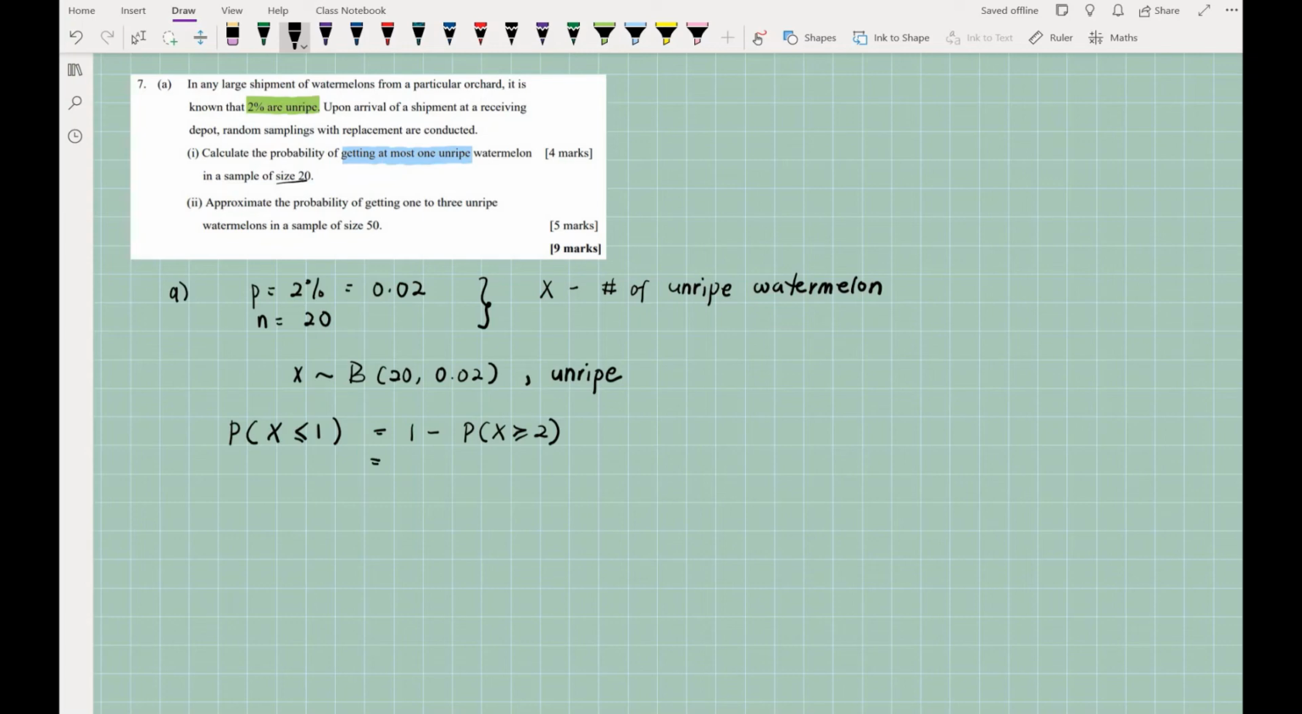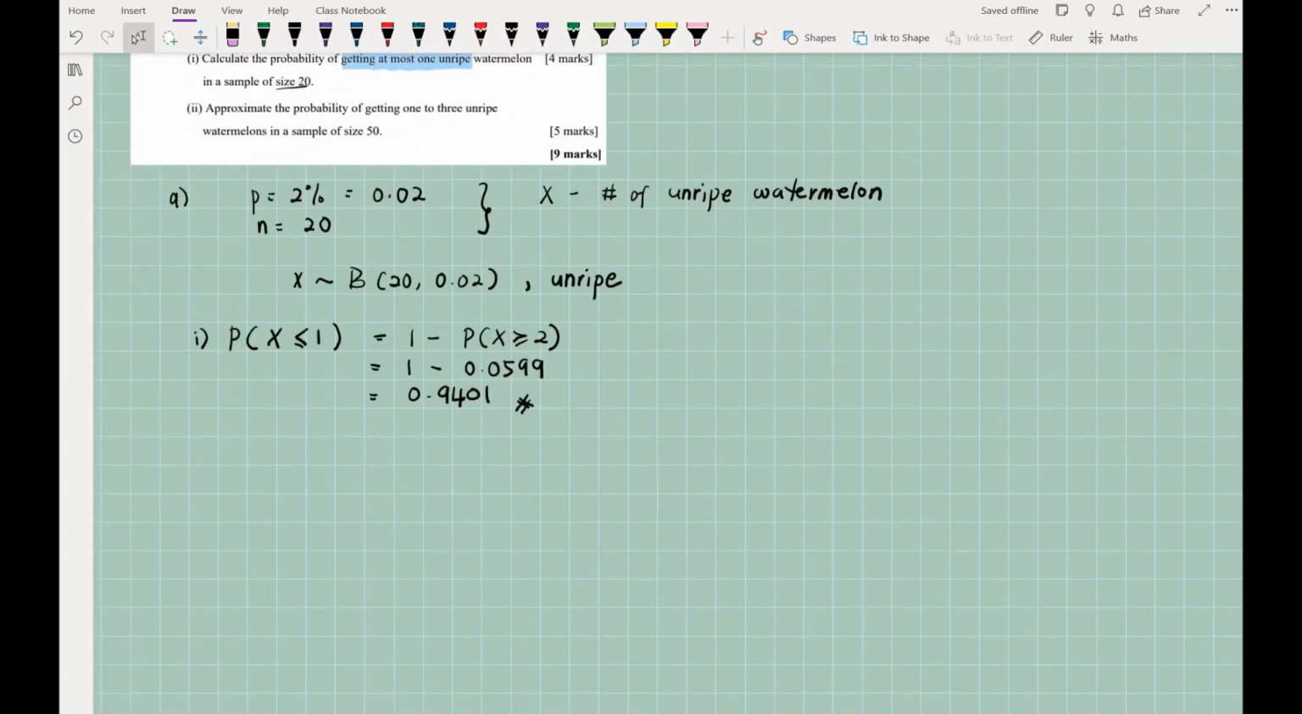So from this case, you are going to be able to read from the table. 1 remains there and probability X greater than or equal to 2 will be 0.0599 from your table. And then just calculate, you are going to get the answer is 0.9401. Untuk soalan yang kedua,